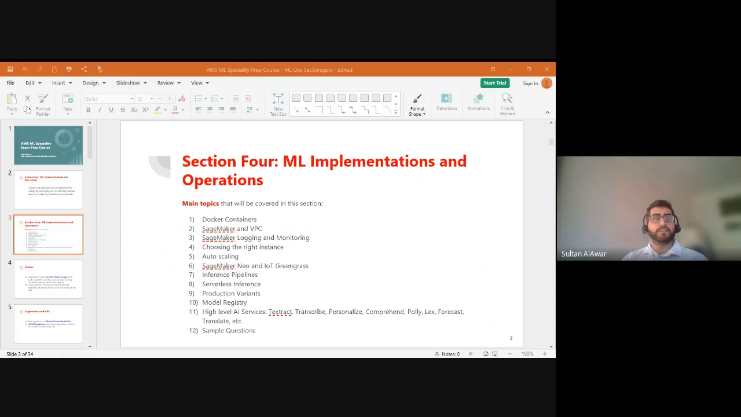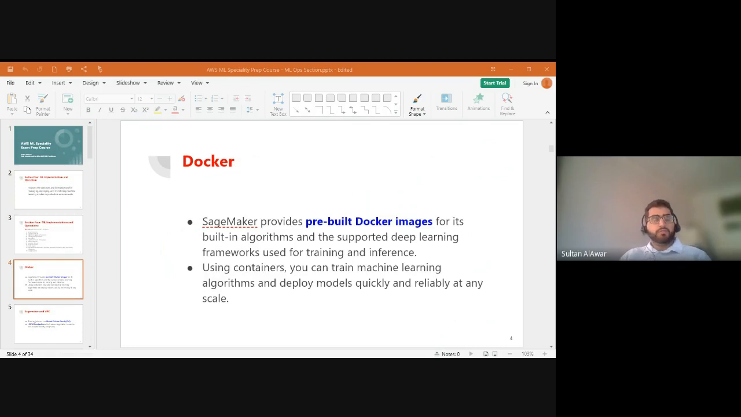And we'll have a section to talk about the high-level AI services which are available in SageMaker, such as Textract, Transcribe, Personalize, Comprehend, Polly, Lex, Forecast, and Translate. And as I said earlier, we're going to end up with some sample questions. To quick start,